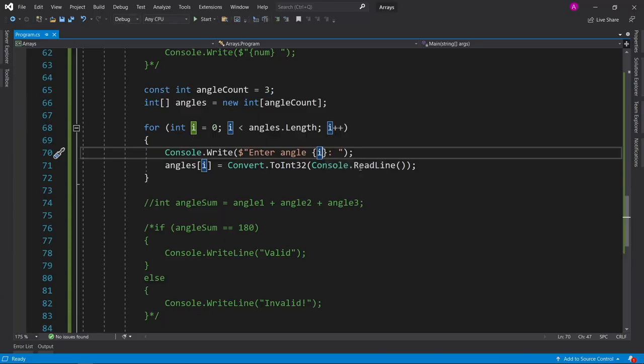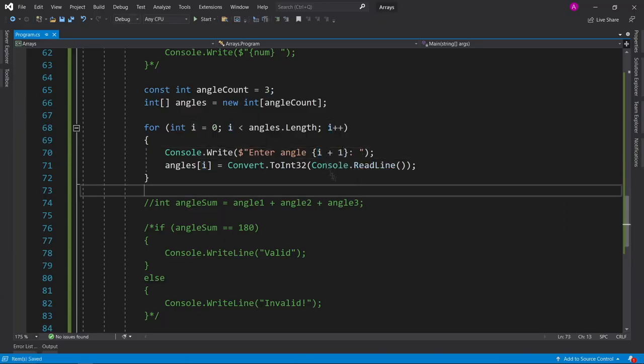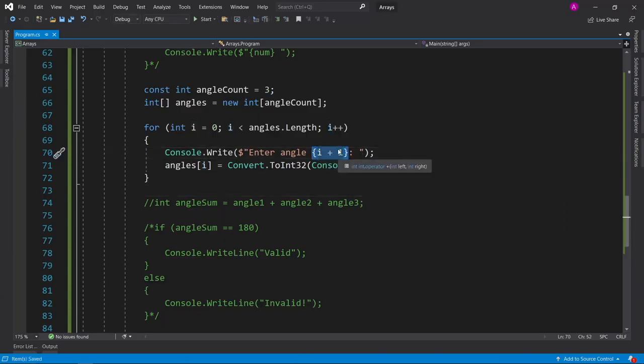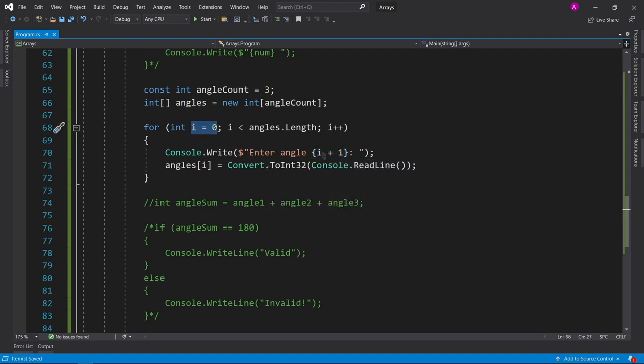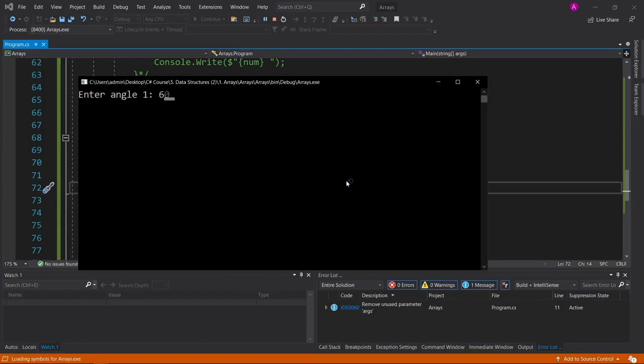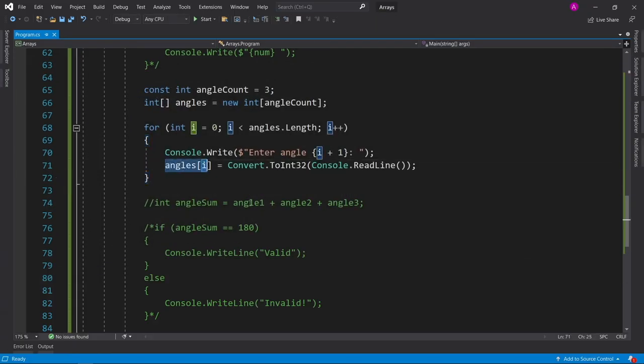So what we can simply do is say i plus 1. Because we're using i and then adding 1 to it, it's not going to affect the variable inside the for loop, so there's no problems by doing this. This is simply just for the output purposes. So now we can have 1, 2, and 3 just showing up like that. Perfect. Now that we have all the angles stored, we need to replace this